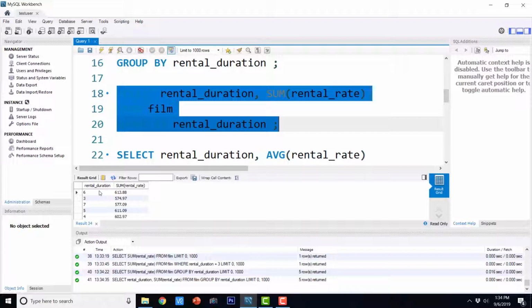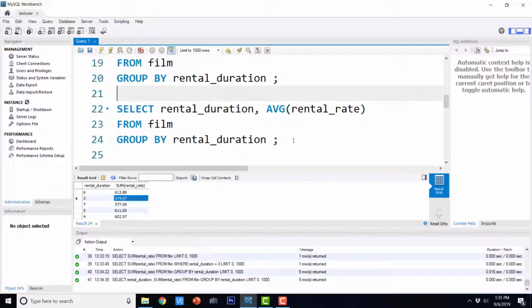So if the rental duration is 6, then the summation of rental rates of all the films where rental duration is 6 is $613.88. And wherever rental duration is 3, the summation for all the records is $574.97, and so on.